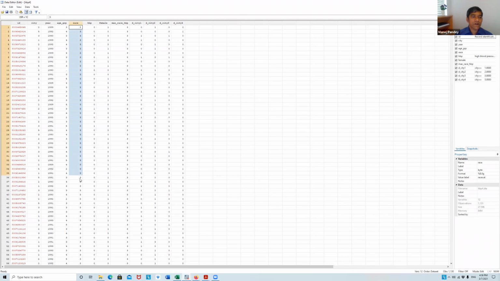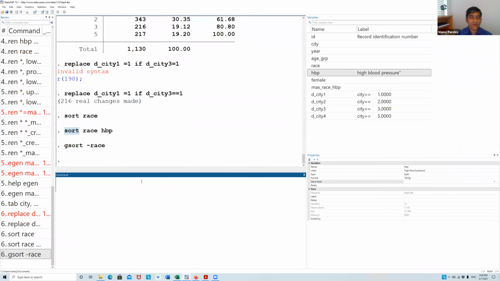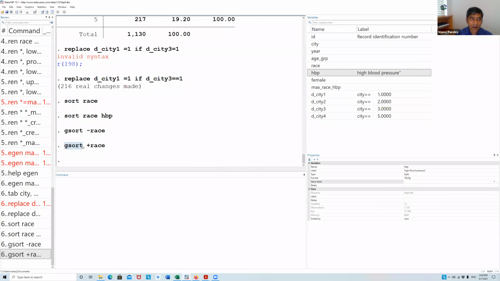The highest, 3, will be first, and at the end you will find all the ones. If you want ascending order, you have plus race. So the gsort command will give you ascending or descending order.